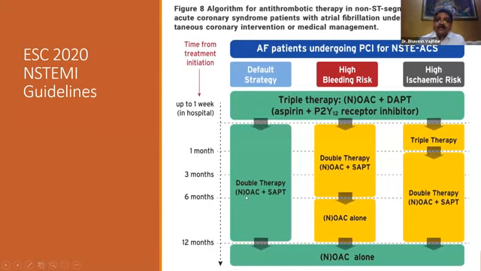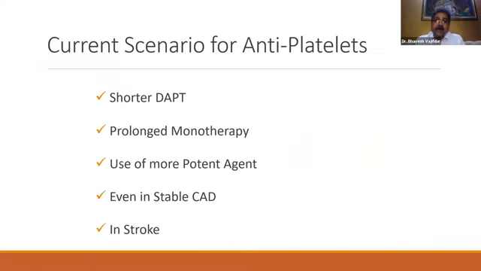So in general, there is a lot of new things which are happening for antiplatelets. Because we are having better stents, and better results of angioplasty because of various newer interventions, we are looking at being able to reduce the duration of dual antiplatelet therapy. And at the same time, we are going for a longer monotherapy. Initially, the monotherapy used to be only aspirin. Now we are changing from aspirin to clopidogrel and perhaps to also ticagrelor. These are the more potent drugs.